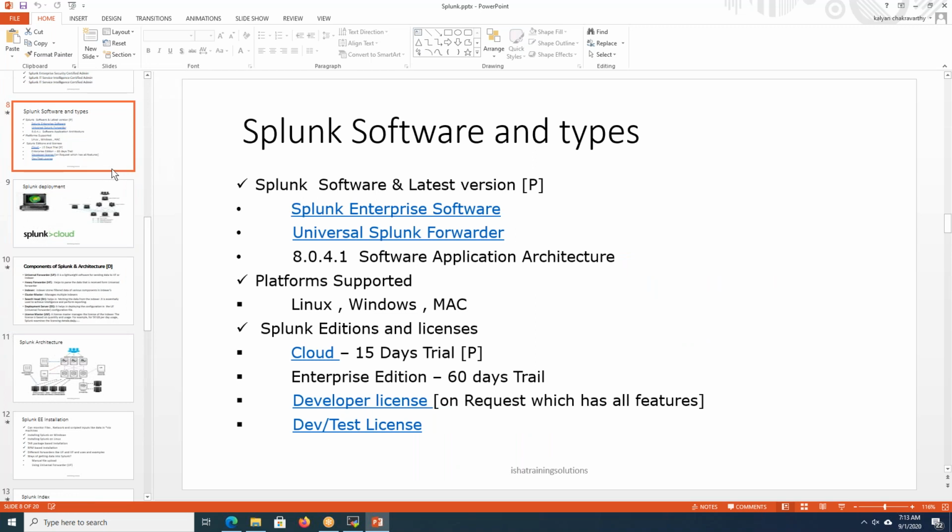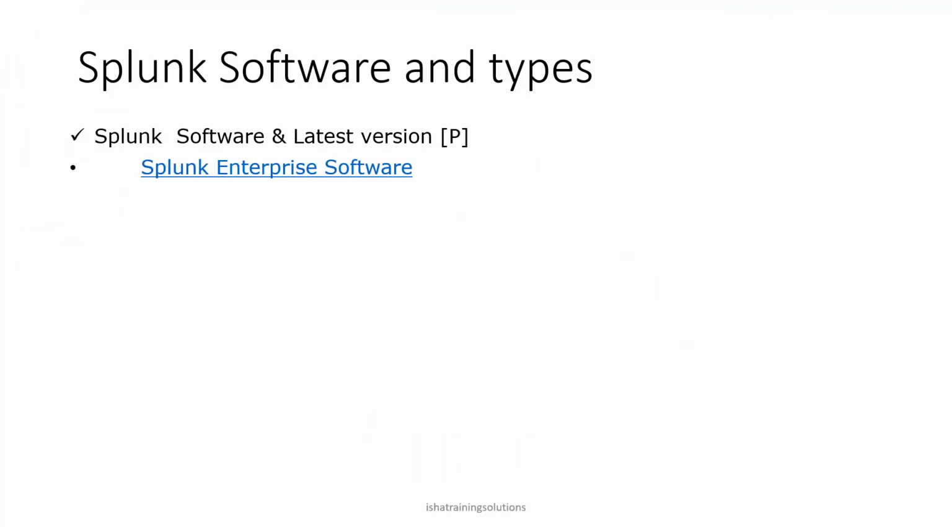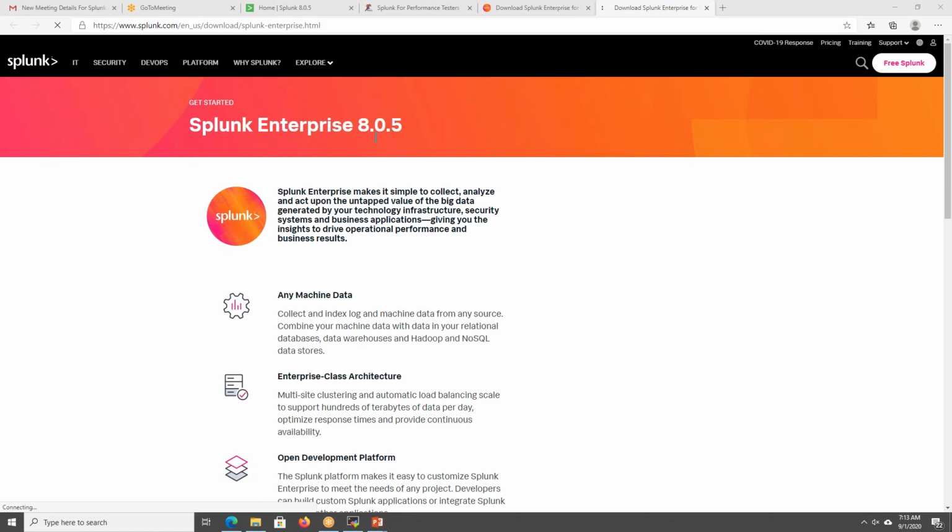Yeah, so I want to first install this Splunk Enterprise. Okay, I will click this. Then it is going to this 8.2.5.